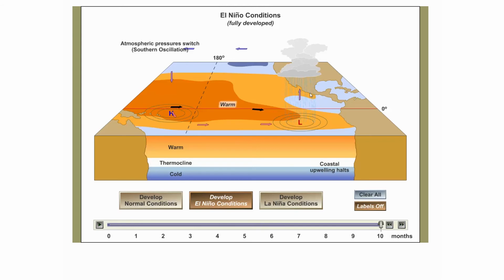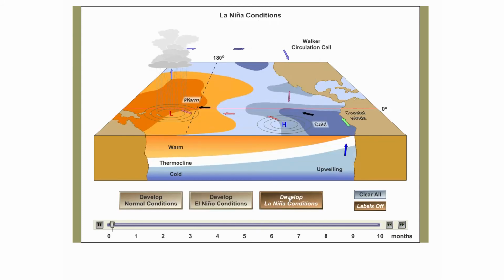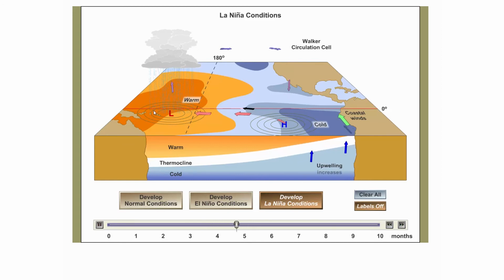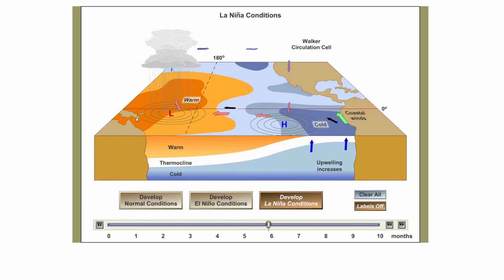La Nina is the other one. So you start with the normal condition. For whatever reason, the winds begin to get stronger. More water is pushed to the west and away from the equator. More cold waters are coming up. More water is being piled up here and warmed up. So you will get excess rain on this side, floods and so on. Here